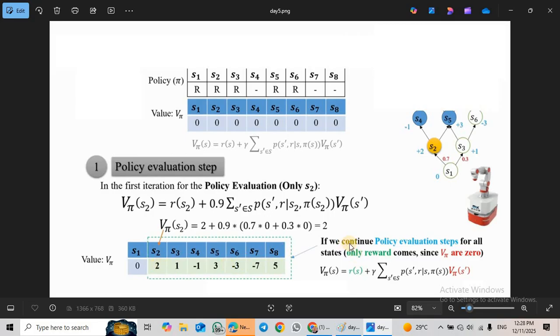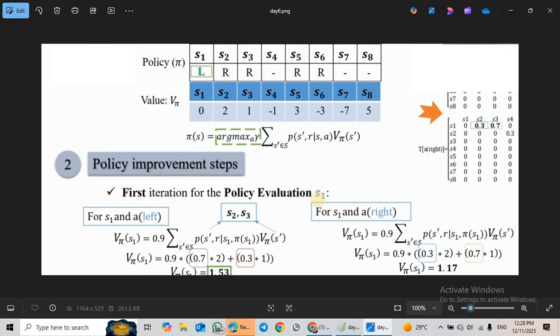We can continue the policy evaluation steps for all states. Only the reward counts since V pi are 0, and we use this formula. When we calculate S3 and S4 and get this result, we can verify. Now we can calculate S1. When we use left and when we use right, that is the right transition table. We use the transition table right here and left here to calculate